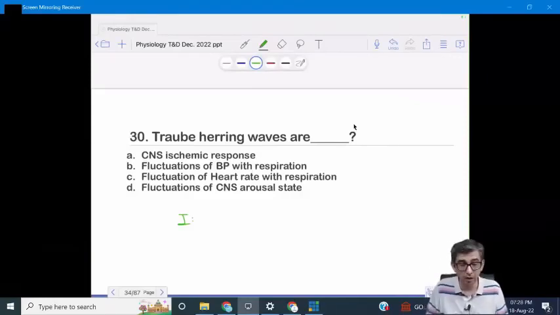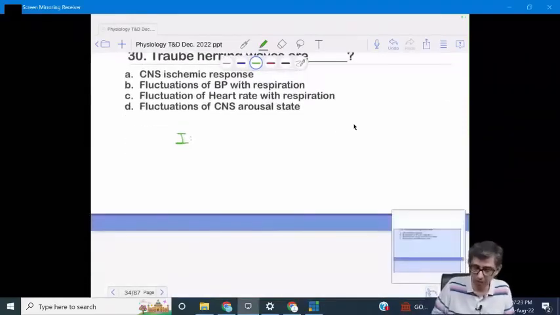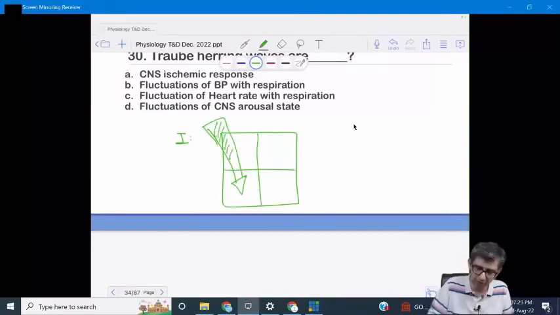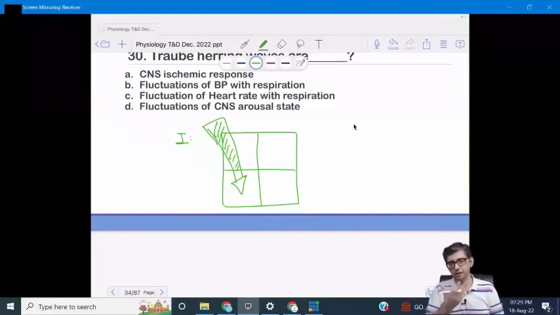होता क्या है कि inspiration के दौरान, I'll just try to draw a diagram to represent this. During inspiration, there is more blood coming in the right side of the heart, क्योंकि इंस्पिरेशन के दौरान द प्रेशर इन द चेस्ट विल टर्न मोर नेगेटिव. अगर आप गहरी लंबी सांस लेंगे, if you take a deep breath, there will be more blood sucked into your heart. If more blood will be sucked into your heart because it will take some more space, so it will